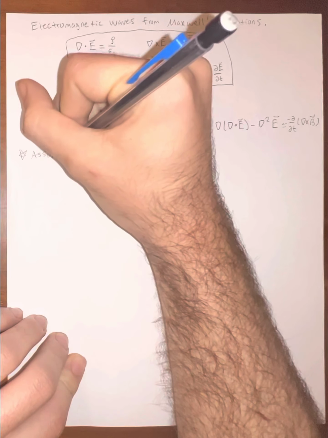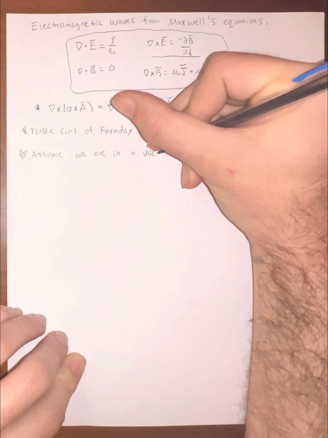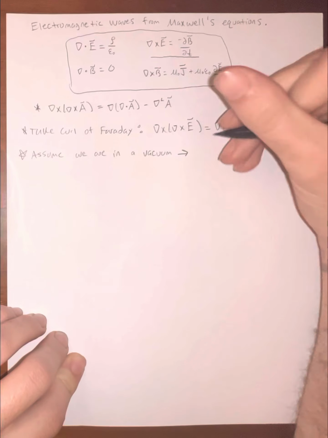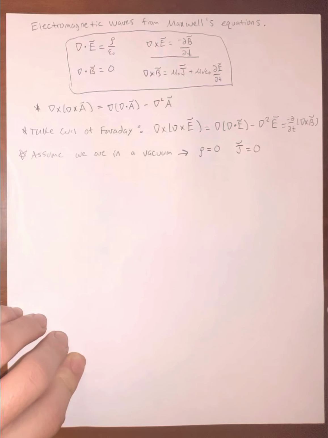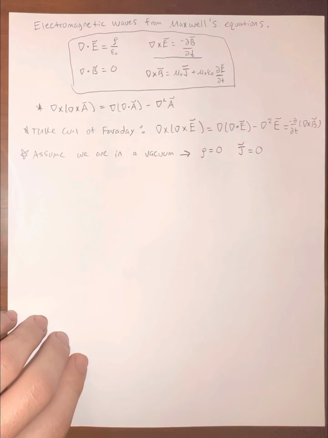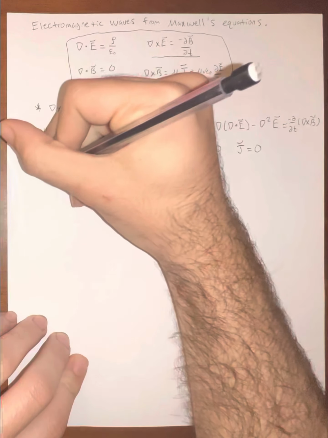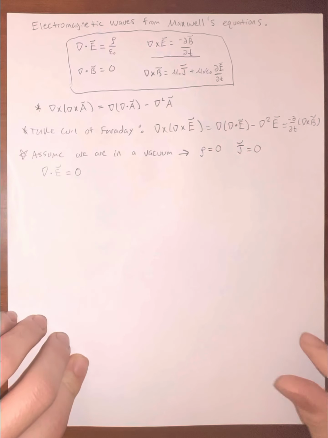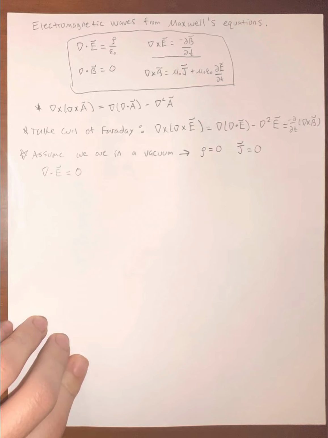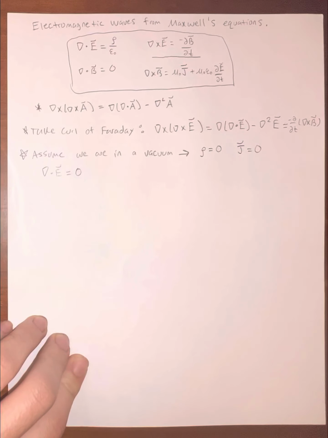So assume we are in a vacuum, which implies that rho is 0 and J is 0, rho being the charge density, J being the current density. So then Gauss's law just takes on the electrostatic form, del dot E equals 0. So now we can plug that into here, and we see that